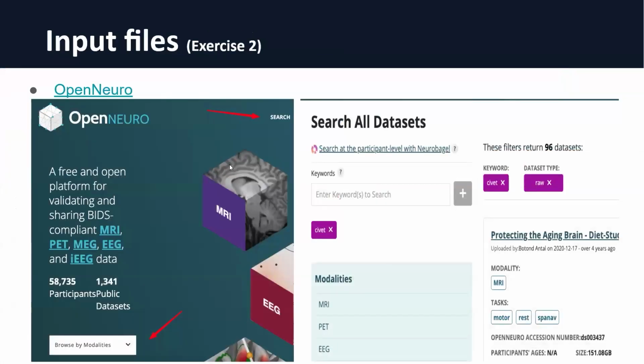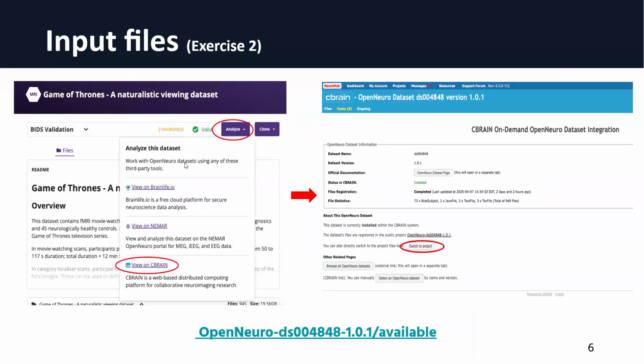Then just going through the OpenNeuro page that Bryan mentioned. So for the purpose of the exercise, I select a data set named Game of Thrones for any fan here. So when you go through the OpenNeuro, you click Analyze, you will see a view on CBRAIN. You click on it. And because in CBRAIN, I already integrated the data set, you can just switch to project